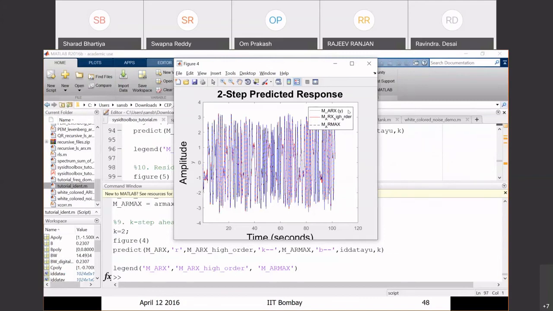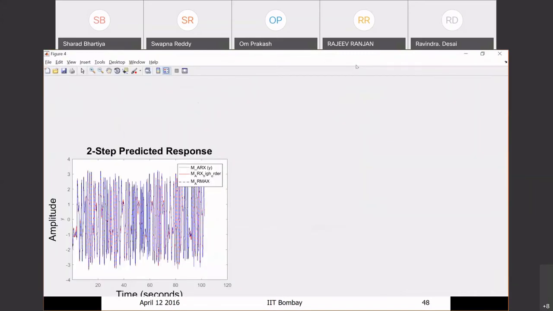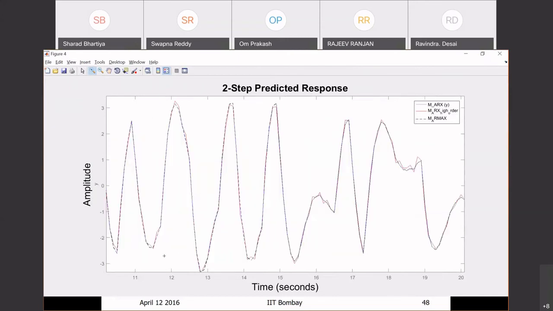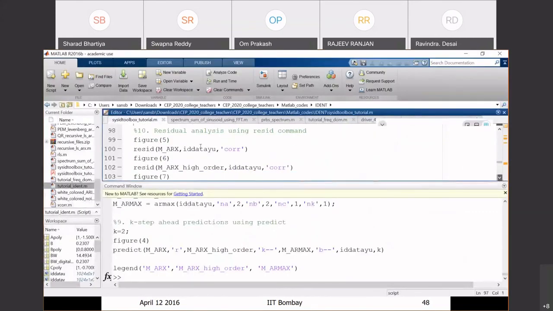For example, when I look at it, it looks quite good. I can blow this up, and we know that the blue line and the red line are the ARX approximation of that nonlinear plant, or sorry, of that Armax plant, and they both look reasonable. But we can do a residual analysis, and there's a very nice command called resid. If you apply the resid command, it tells